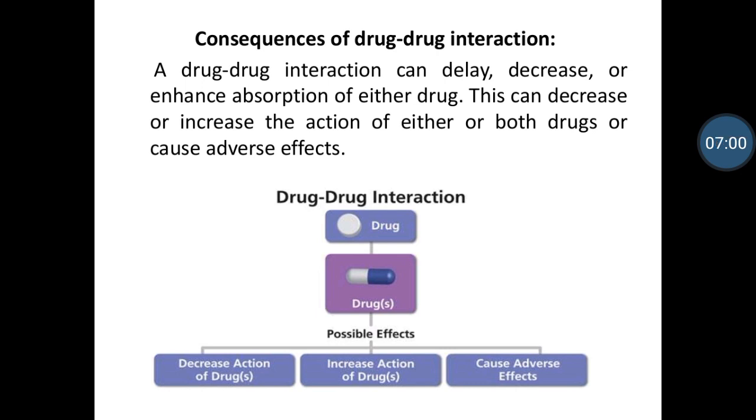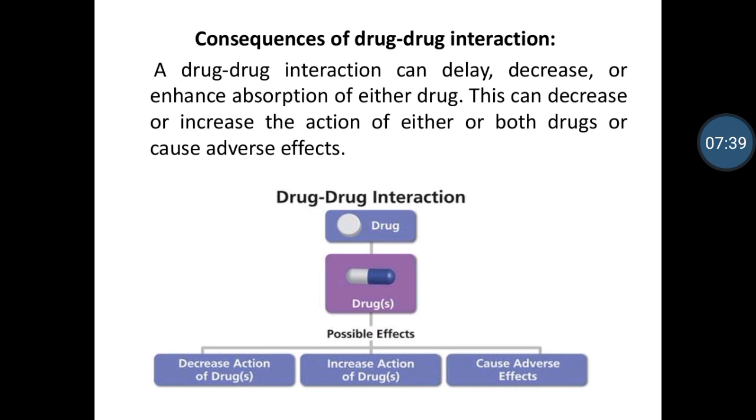Or its activity will decrease. If you are going to reduce the disease symptoms, they are not easily reduced, they are slowly reduced. That will not be desirable. Or it can enhance the absorption of either drug. Enhanced absorption means the absorption of the drug into the body will increase. It may also decrease. The consequence of drug interaction means the drug absorption will be decreased or, vice versa, increased in either or both drugs, or it can cause an adverse effect. Adverse effects can also be produced by drug interaction.